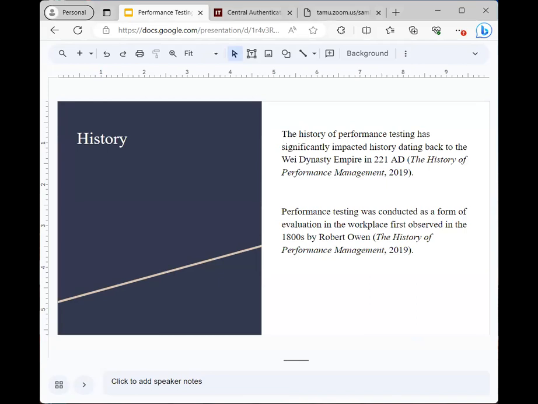So when we think about the history of performance testing, it can be traced back to the Wei Dynasty Empire in 221 AD, which is a really long time ago, but it had a part in history. When we're thinking about when performance testing started being implemented in the workplace, it's kind of hard to determine exactly, but back in the 1800s,